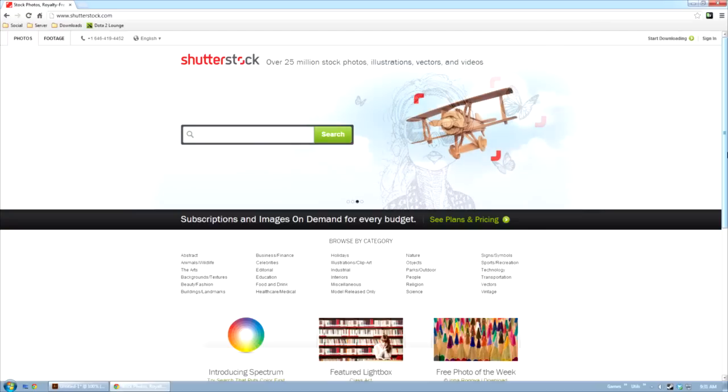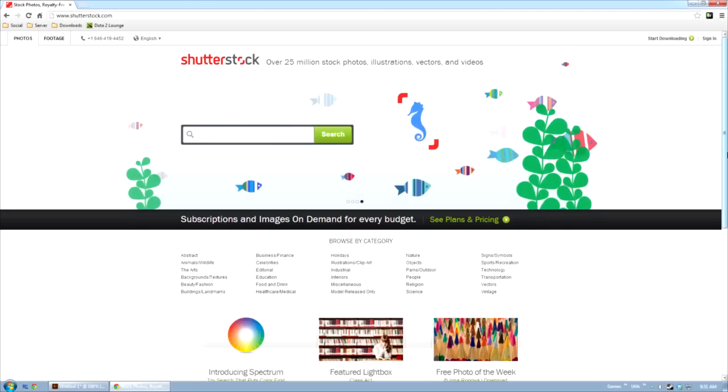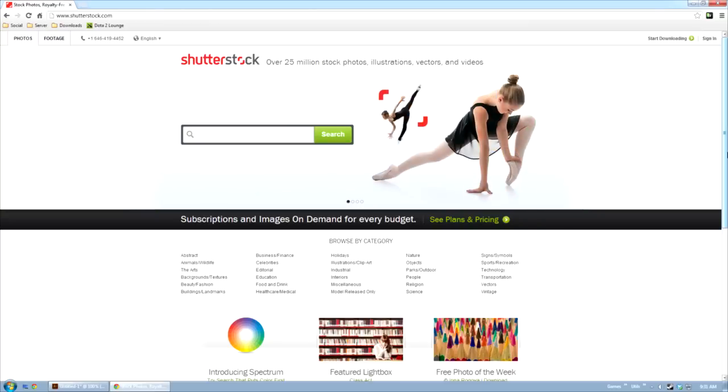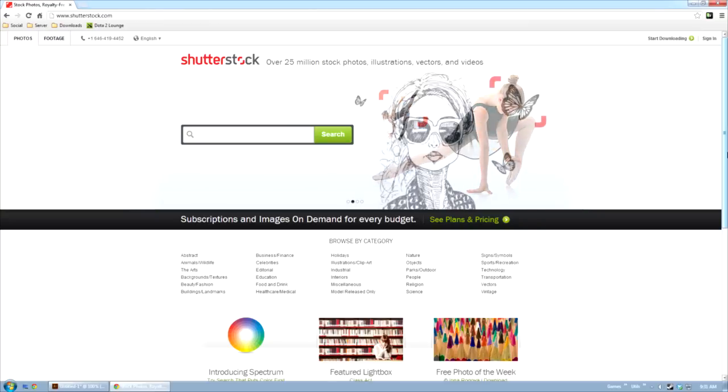If you go looking for other free EPS files, for example, or other vector files, you might find that they're just too hard for me to work with. They haven't been drawn properly. They're not useful at all, which is why we always suggest Shutterstock. So I'm just going to quickly show you how to search for something and what information you need to give us if you are searching for something.